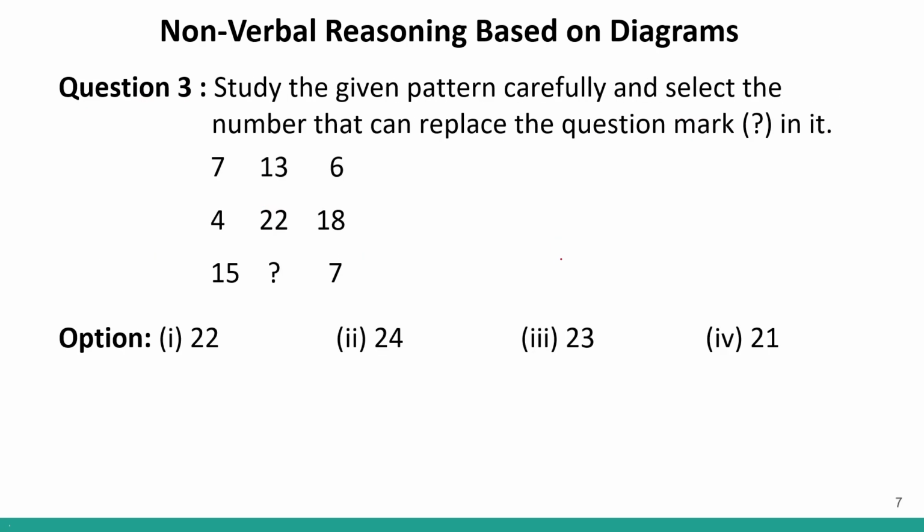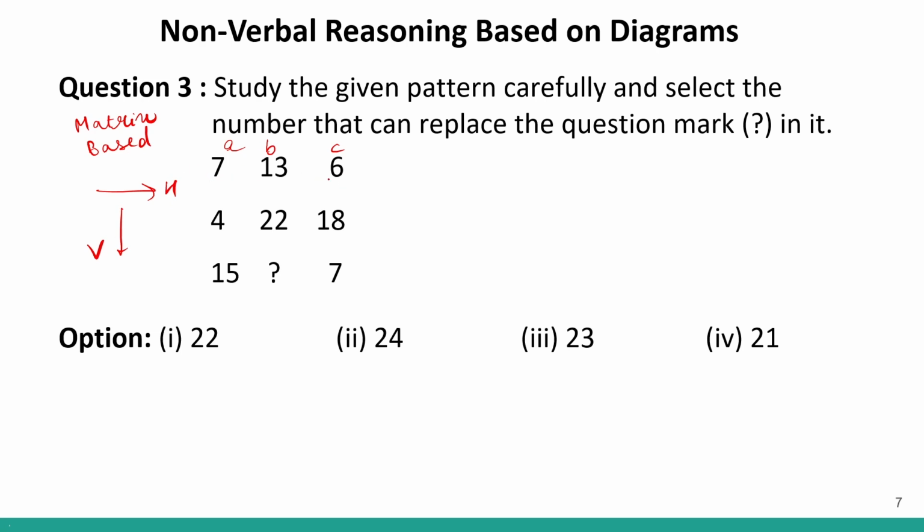Okay? Now, question number 3. This is a logical grid or a matrix-based question. Here, I can see a very simple logic being followed. If I add 7 and 6 together, I will get 13. So, if this is A, this is B and this is C, logical grid can be solved either horizontally or they can be solved vertically. Correct?